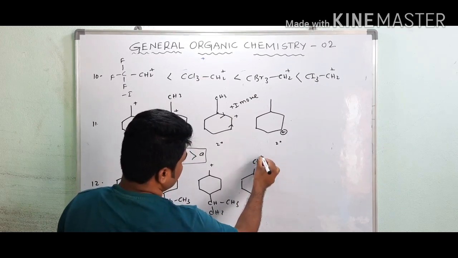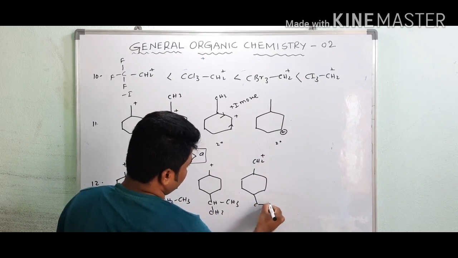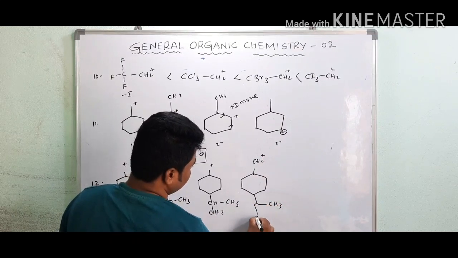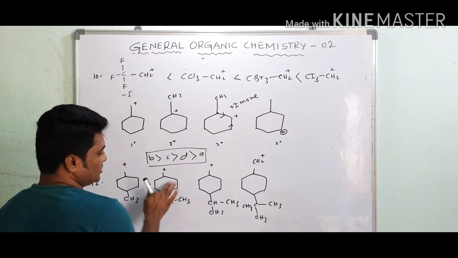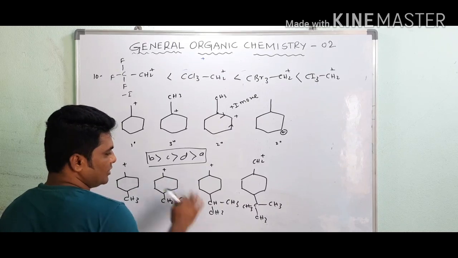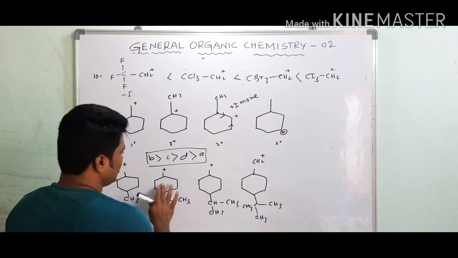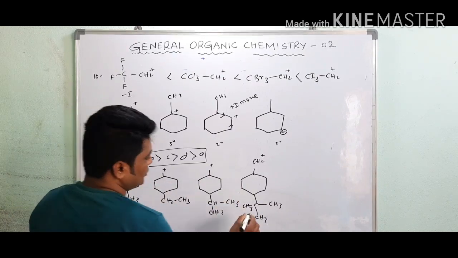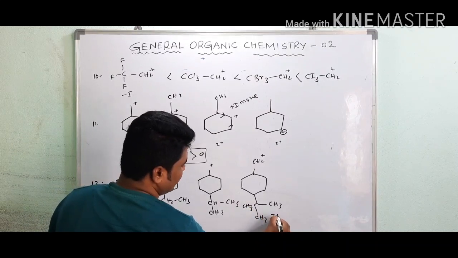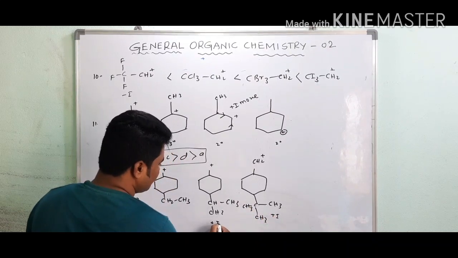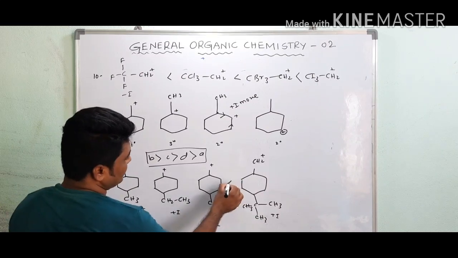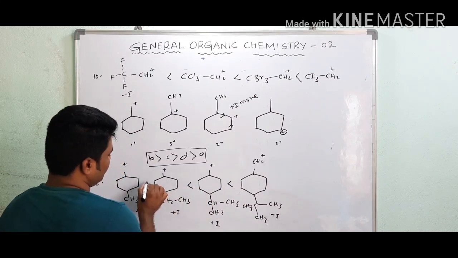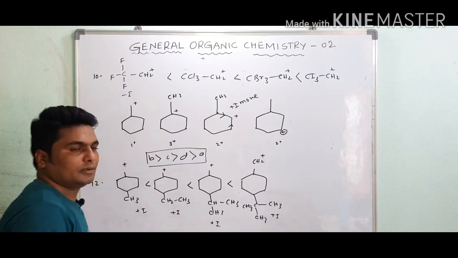See this one. This is also very important. According to inductive effect, we have to solve this question. Why? There is no pi bond. If there is any pi bond like benzene, we have to consider hyperconjugation. Now here simply inductive effect. So this tertiary group shows more plus I effect, then secondary, then primary, then methyl group. Very simple. So order is like this. Write down.